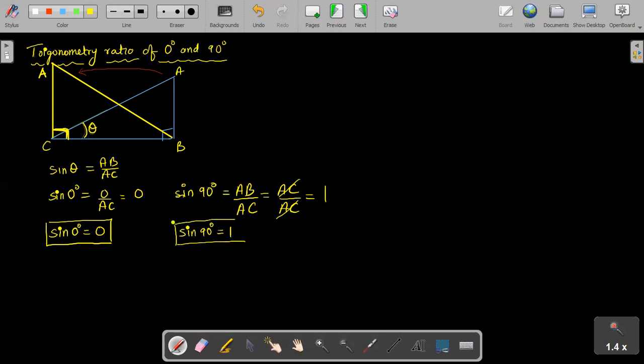Is it easy to remember? The earlier ratio what we learned today was 45 degree. Sin 45 हमारा कितना है value? 1 by root 2. Cos 45 is 1 by root 2. Tan 45 is 1. अभी हमने पढ़ा 0 and 90 degree. We know sin 0 is 0, sin 90 is 1. Easy to remember, or is it easy for you to write the table and remember? Which is easy for you? This is it. Okay.